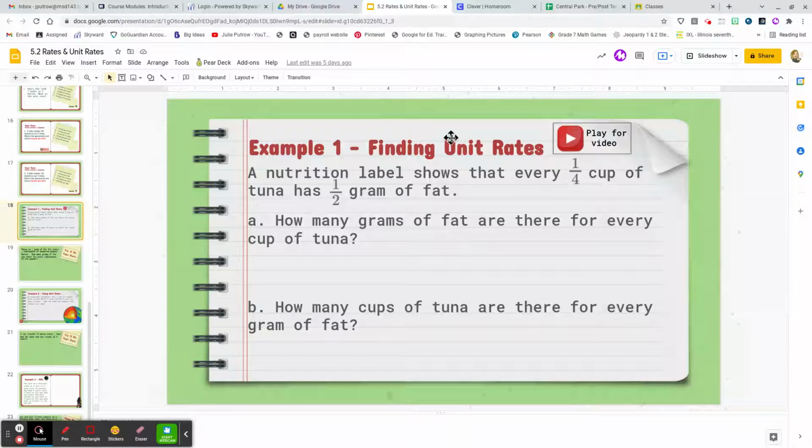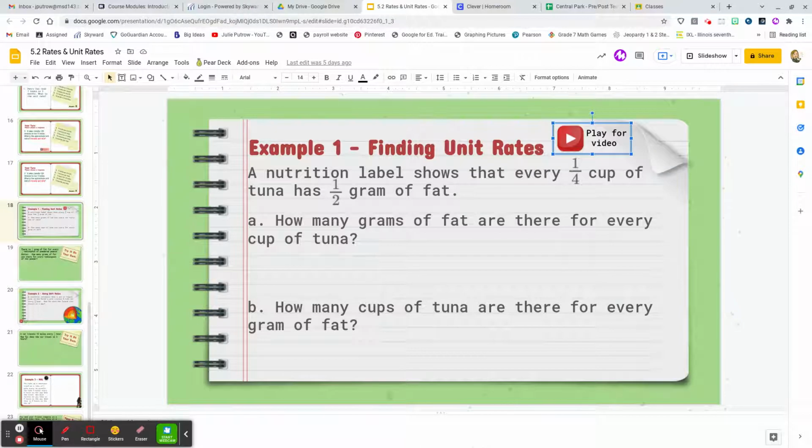A nutrition label shows that every 1/4 cup of tuna has a half a gram of fat. So that's a simple fact that's given to us. In question A, it asks us how many grams of fat are there for every cup of tuna? And then question B says how many cups of tuna are there for every gram of fat? So they're reversing it. So I'm going to click over here to our camera and we're going to go through